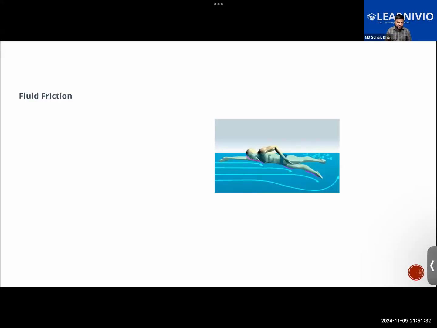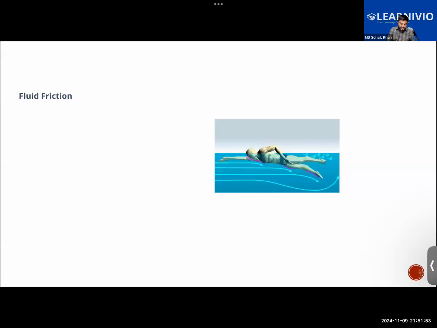When we are swimming in the water, or when ships or submarines are moving in the water, water will offer some resistance. Water will offer some friction. That is also fluid friction. So fluid friction refers to the friction that an object will experience when it is moving in a fluid. The fluid exerts a fluid friction upon the object whenever the object tries to move across it, whether it be in water or in the air. That is something we have learned.